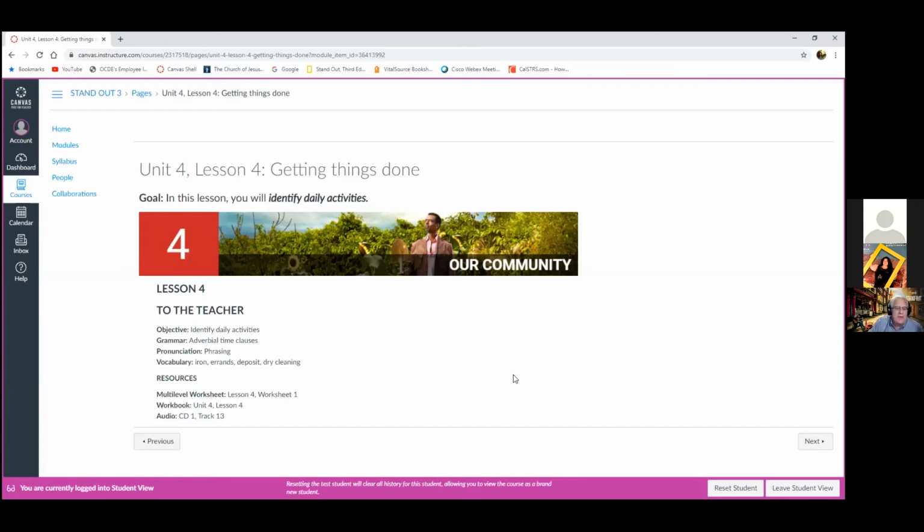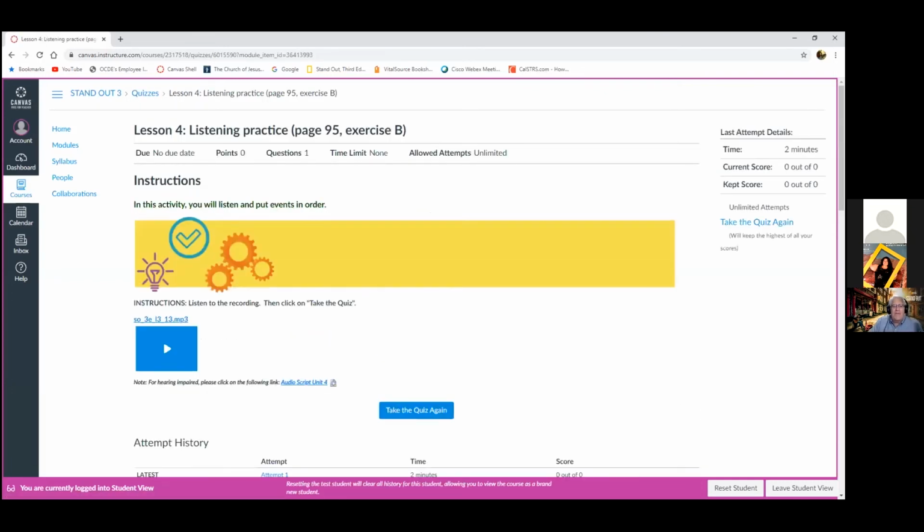But there's information for the teacher, and that'll help the students too, those students that are savvy enough to pick this up. Adverbial time clauses, phrasing. These are some vocabulary words. And then you've got the worksheets and the workbook itself, which you can also use, and an audio CD. So these are things that you can do. So the student will pick next. And our first activity, if you remember, is that picture and the